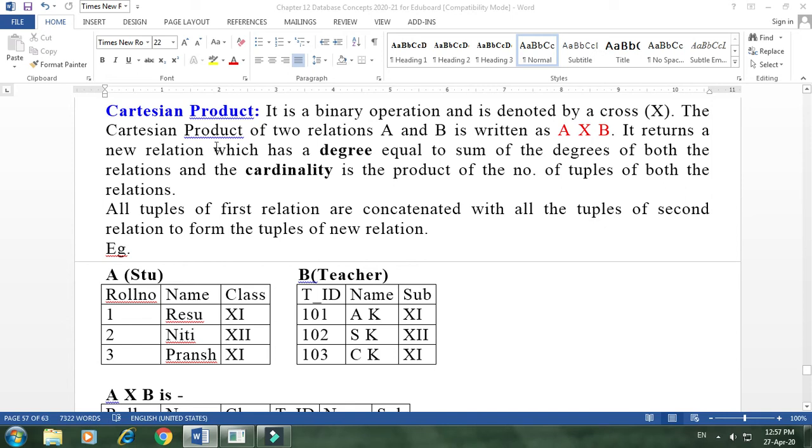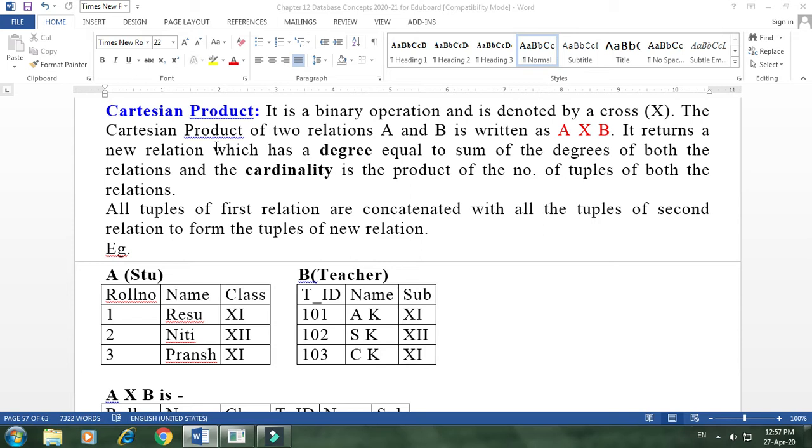Before going to Cartesian product, let me tell you why we need this. Sometimes we store data in multiple tables, say some data in the first table, some data in the second table, some data in the third table. The problem comes if we want to display some column from the first table and some other column from the second table, and likewise.